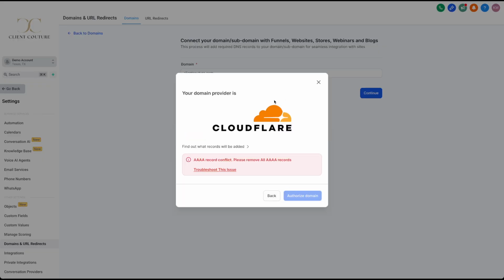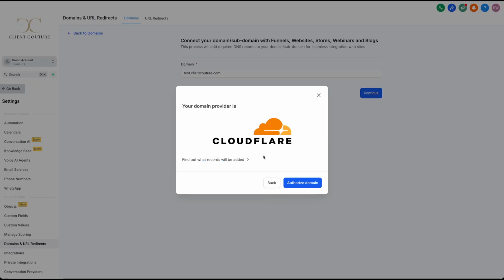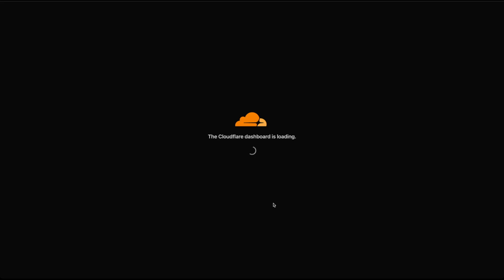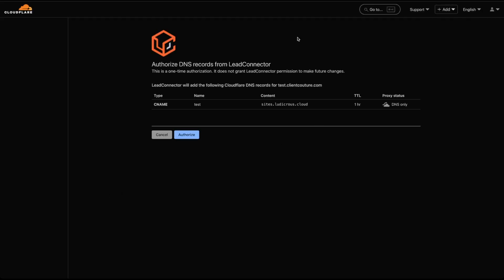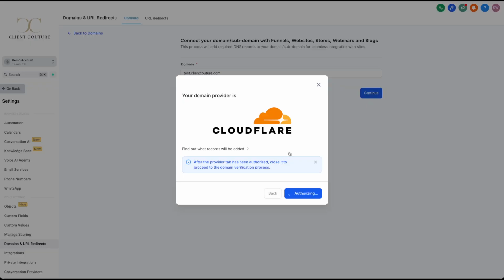Okay, so you can see that it found ours. Now ours, of course, came with an error because we already have ours connected in. Otherwise, if it was not connected, it would look something like this. So you can see if we didn't have ours connected and we were using a brand new domain that's not connected in, it would look something like this. And then you would go ahead and click Authorize Domain. It's going to take you over to your DNS settings or your DNS host, and it's going to ask to put in the records. You'll go ahead and click Authorize, and then it will ask you to sign in to officially authorize your domain. Now, the other option for this, if we go back,